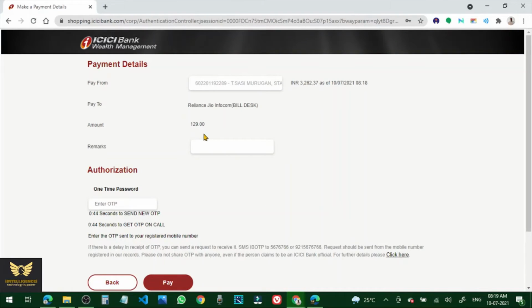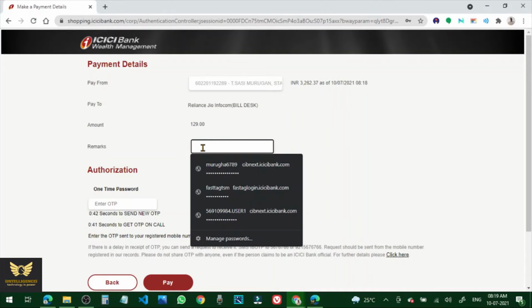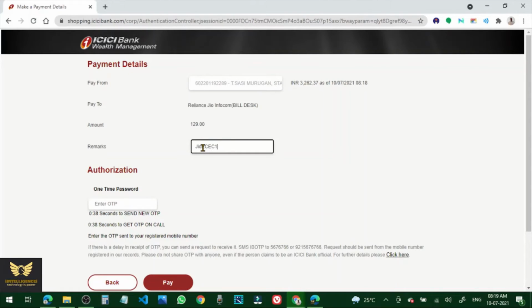Okay, so Reliance Jio amount, this one. Now we need to provide a one-time password. The one-time password may have been received on the registered mobile number of the internet banking bank. So let me check for the one-time password.